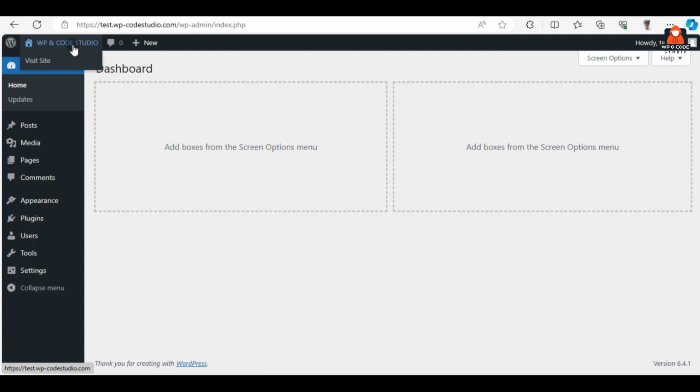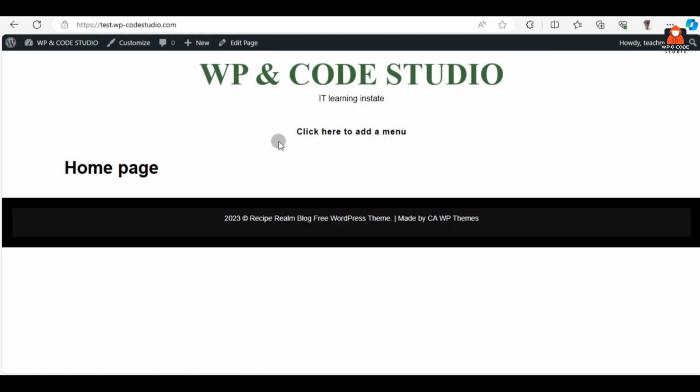Having hovered on this website name or title, whatever you can say, we can see one more option under the website name. So just click on this option for checking purposes. We can see our website is not looking so pretty, so we have to give it a professional look by installing a theme, plugin and customizing. So for that, get back to our admin panel,